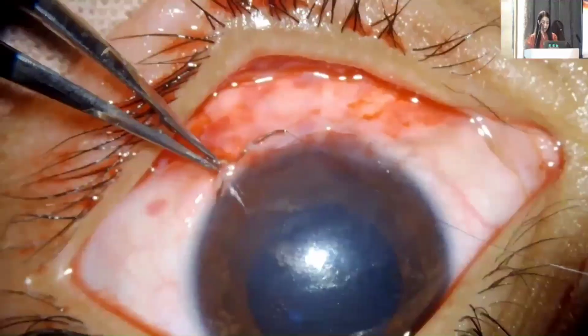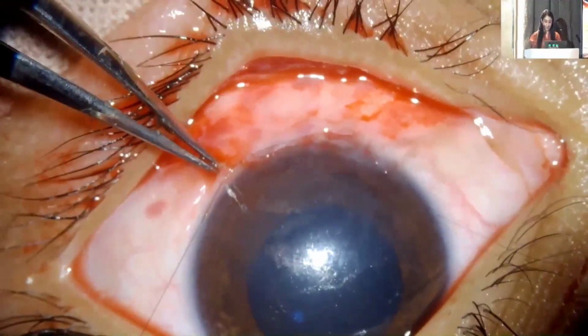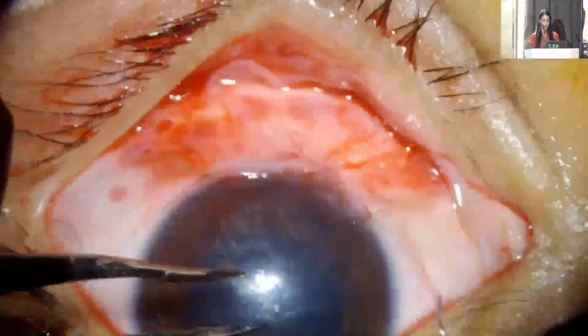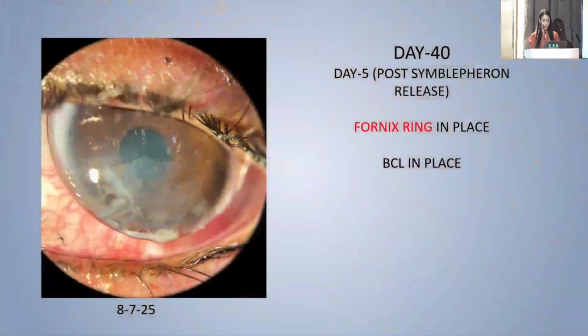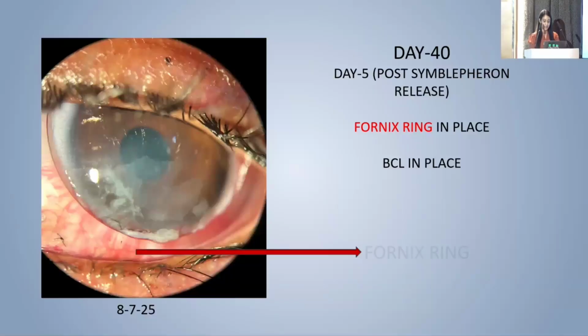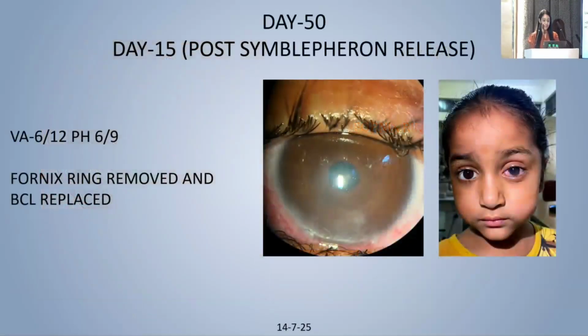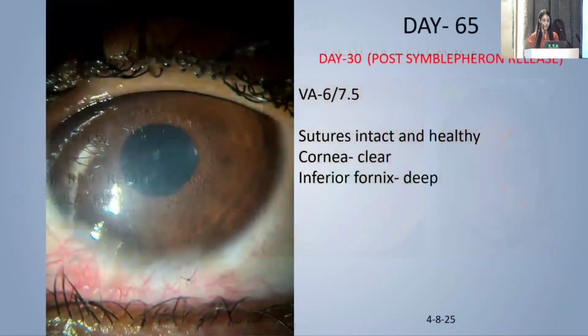This would then be followed by a bandage contact lens and conformer, and the other eye defect will be sutured. So day 40, that is day 5 post symblepharon release, fornix ring was present and BCL was in place. Day 50, that is day 15 post symblepharon release, vision was 6/12 improving to 6/9, fornix ring was removed and BCL was replaced. Day 65 of presentation and day 30 post symblepharon release, vision has improved to 6/7.5, sutures were